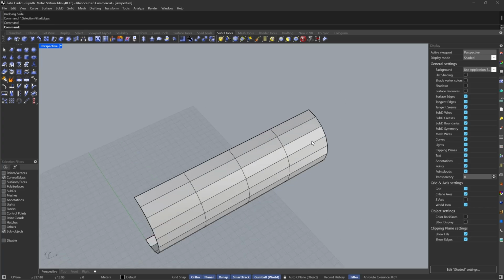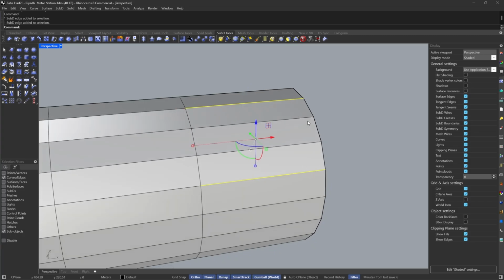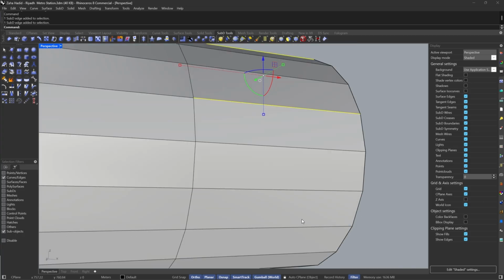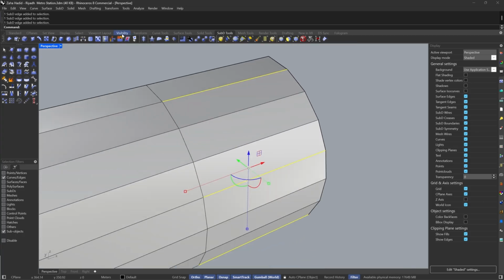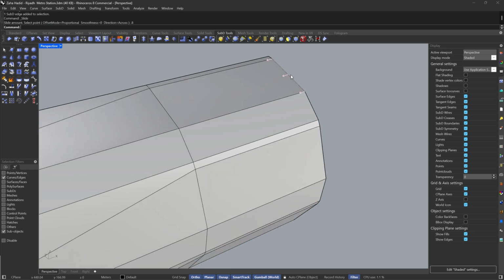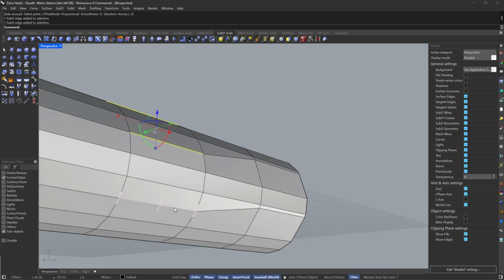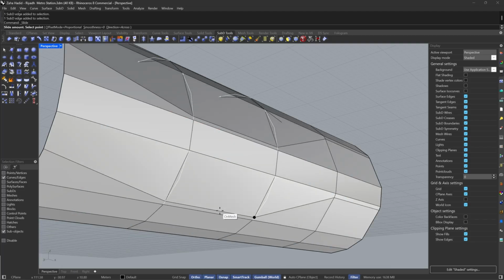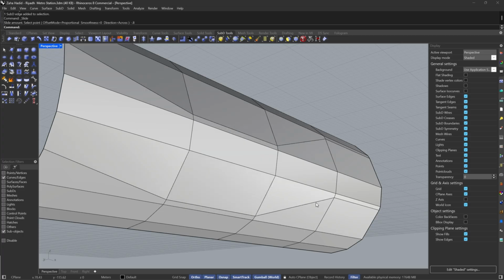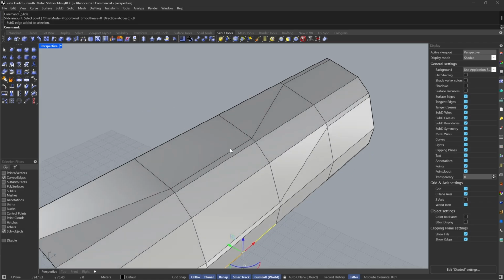After that I'm going to slide, so I'm selecting the first one and then skipping 2, and then I'm selecting those and those, and then I'm going to go upward and say 0.8, make sure it's proportional. I'm going to do the same for this one and this one and this one, and I'm going to lower it down, so in this case negative 0.8. Okay, and I want to do the same for this one and for this one,